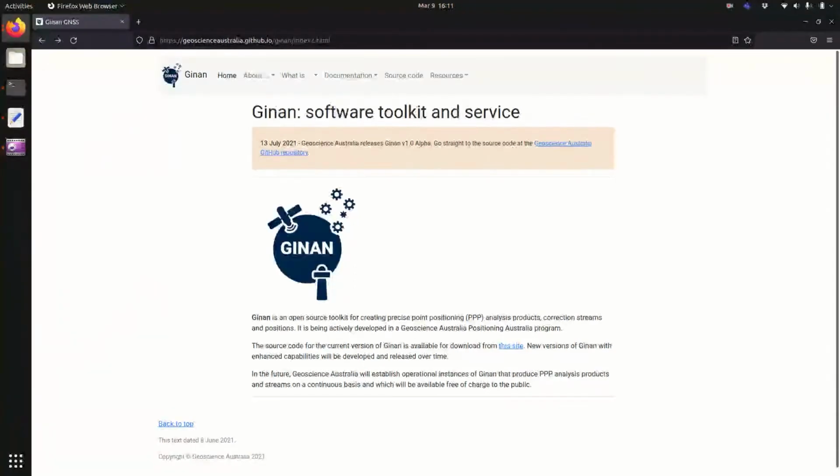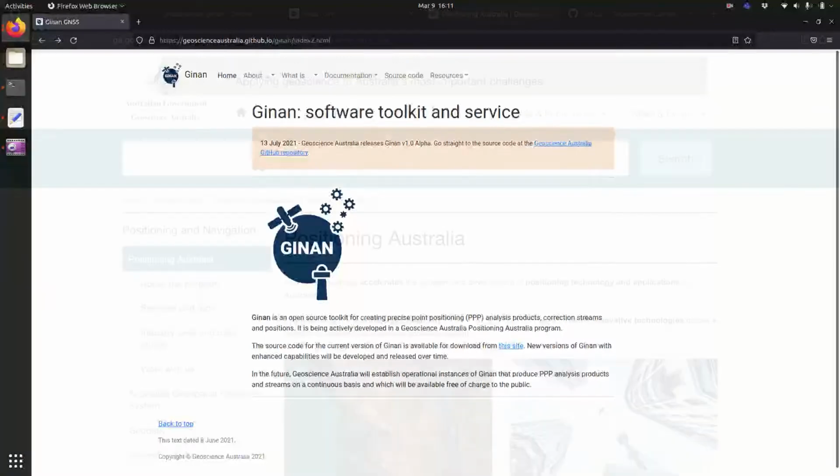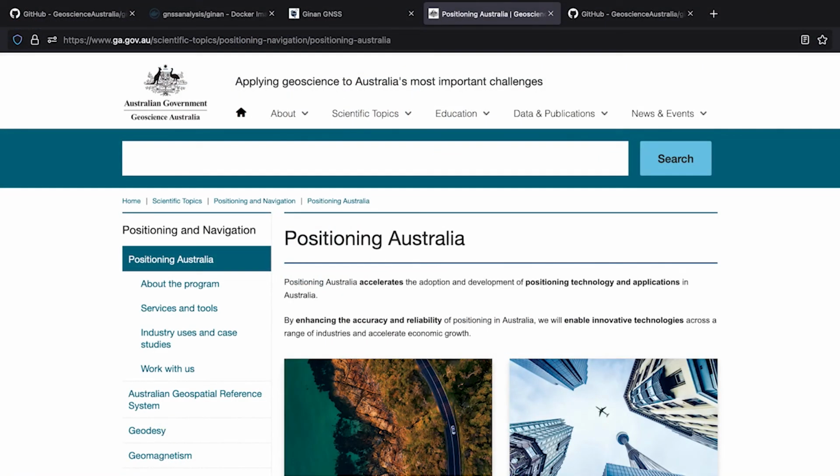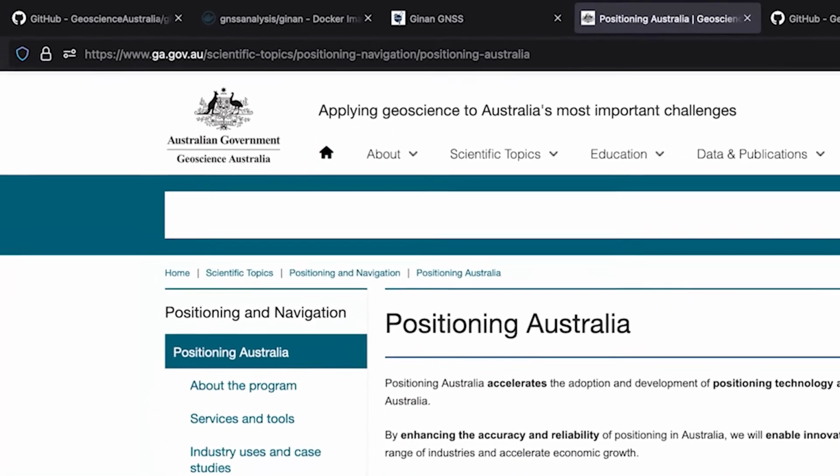Welcome to this Ginan tutorial on using Ginan with Docker, which will support you using Ginan, Geoscience Australia's GNSS processing toolkit. I am Jamie and I am one of the developers in the Ginan team. Ginan was developed as part of the Positioning Australia program. You can read more about Positioning Australia on the Geoscience Australia website